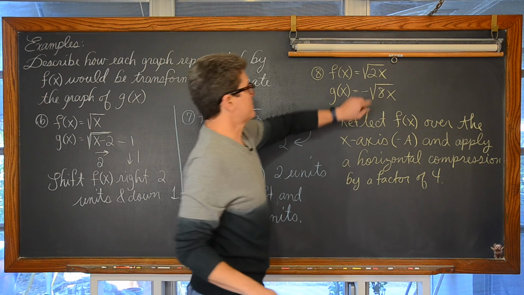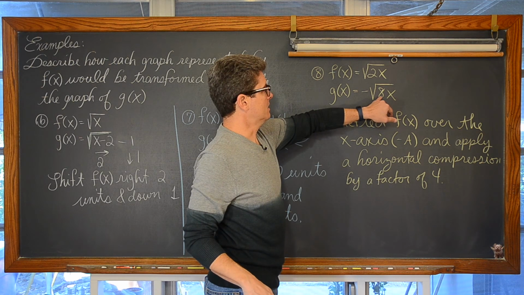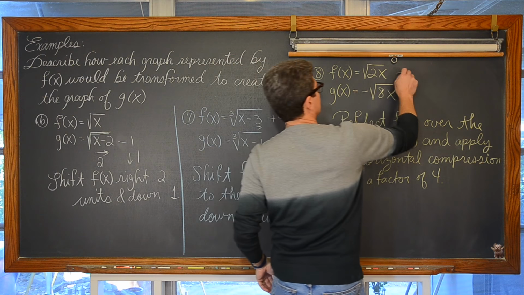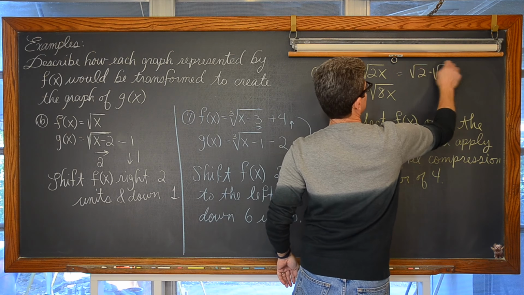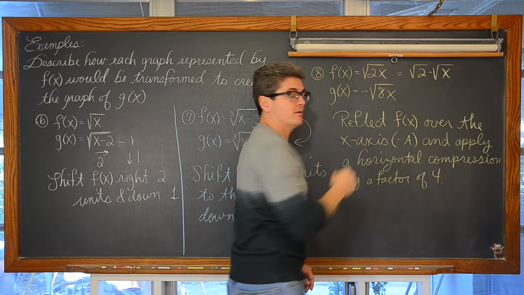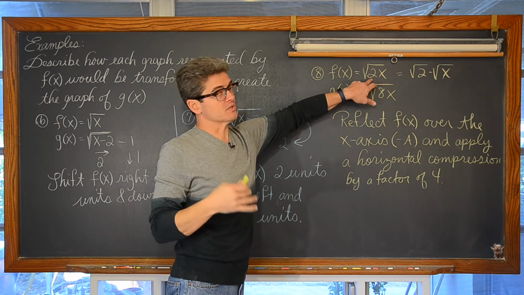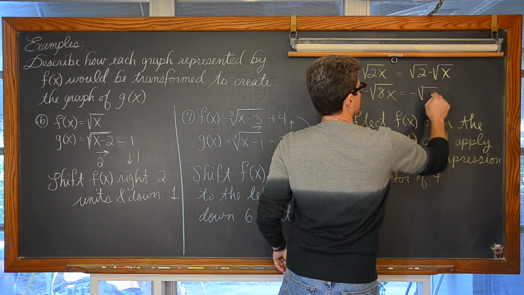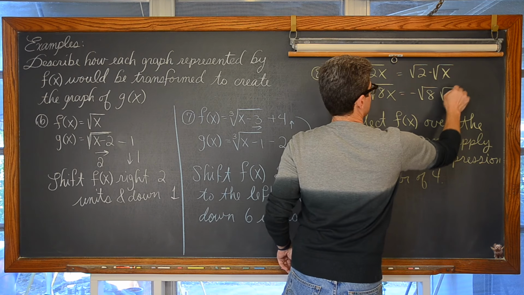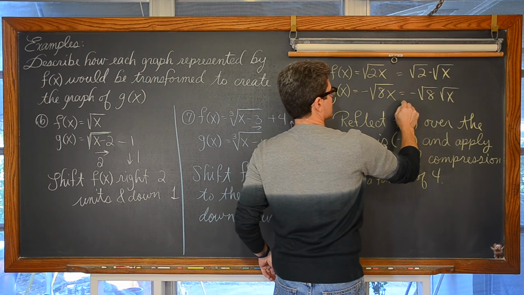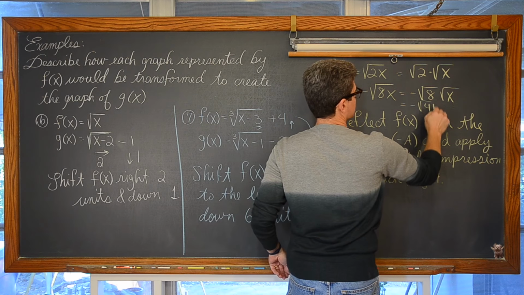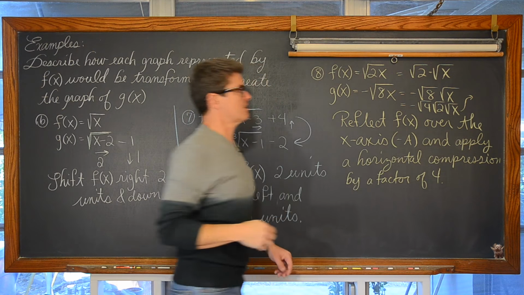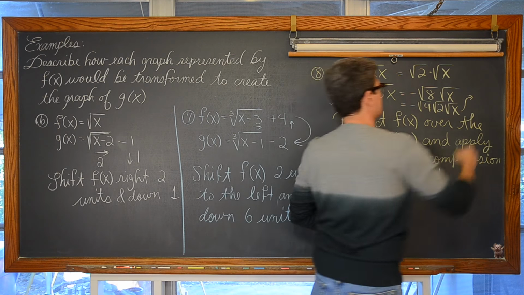Now again, because of the fact that with radicals, we can give the factors their own square root, this can be written as the square root of 2 times the square root of x. Now we have an a value, which is the square root of 2, not a b value, which is just 2. And we have negative the square root of 8 times the square root of x. Well, that can be written as negative square root of 4 times the square root of 2 times the square root of x, giving us a final answer. Sorry about scribbling all over the place here. The square root of 4 is equal to 2.